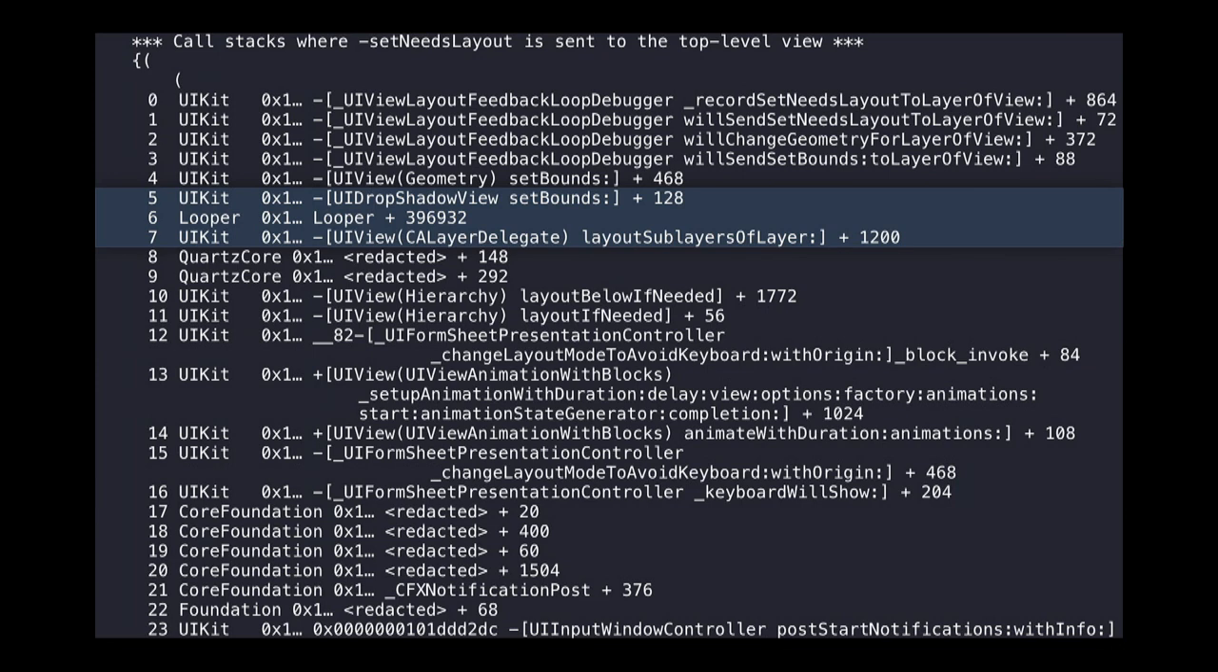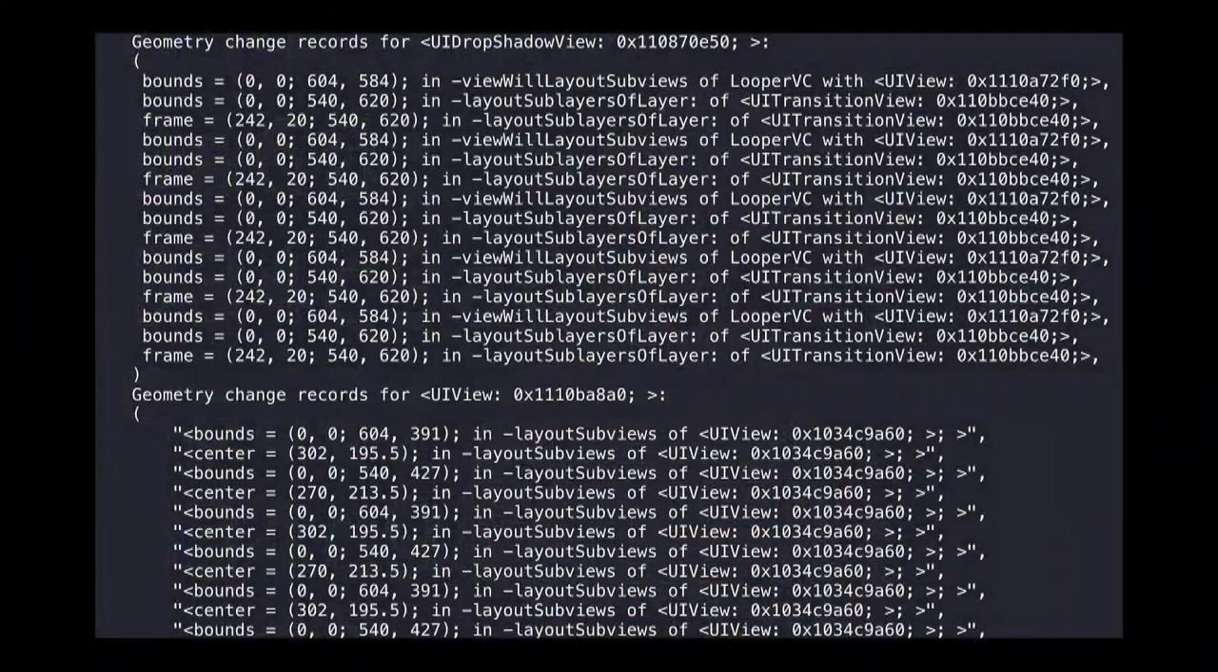Furthermore, it could be a view. We're lucky here because it's the drop shadow view that's receiving set bounds, which overrides set bounds, but it could be a view that doesn't override set bounds. But hopefully, between the information from the backtrace and the information from the top, you'll know what in the details you're interested in. And so what we're interested in is the frame changes for the drop shadow view. So we scroll back up and we find where that information is. So this is under some